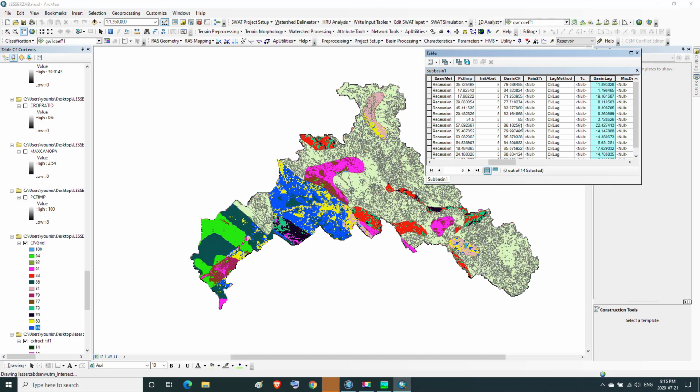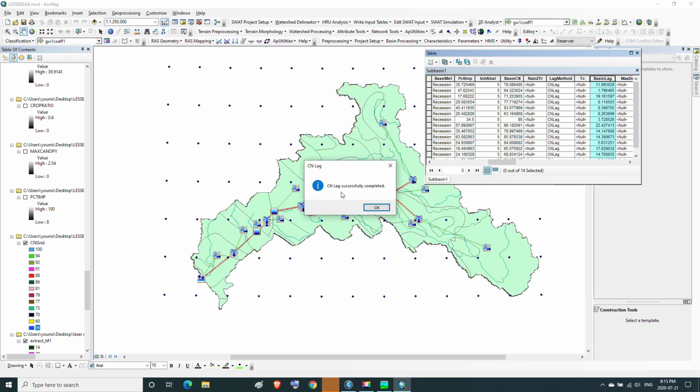Then a message appears indicating that CN lag successfully completed, then OK. Then the values of the lag time in hours appear in the basin lag field as we see.